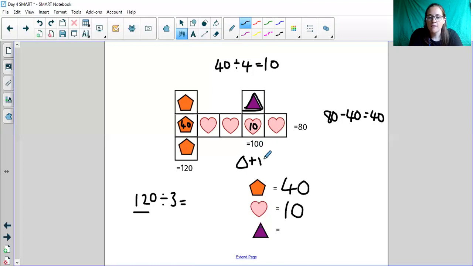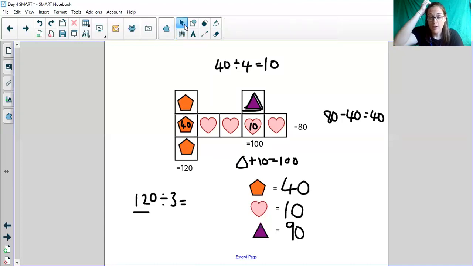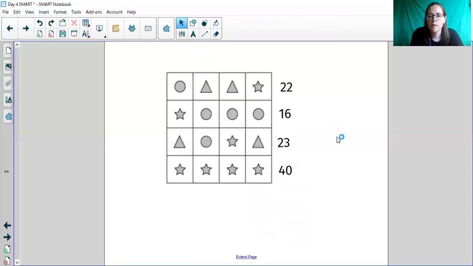If I've got something add 10 equals 100, then I need to do 100 subtract 10 to find the value of the triangle, which is 90. Okay, yours is obviously not exactly the same as that because that would be pointless, but it's similar. So use the same skills as I've just shown you there to try and work out the one on your sheet. You've also got some puzzles that look like this, and it's exactly the same skill set that you need